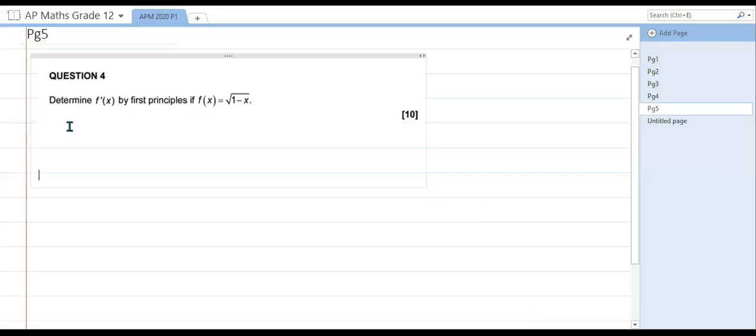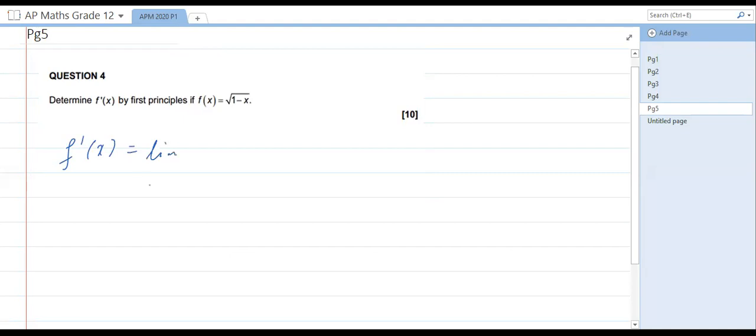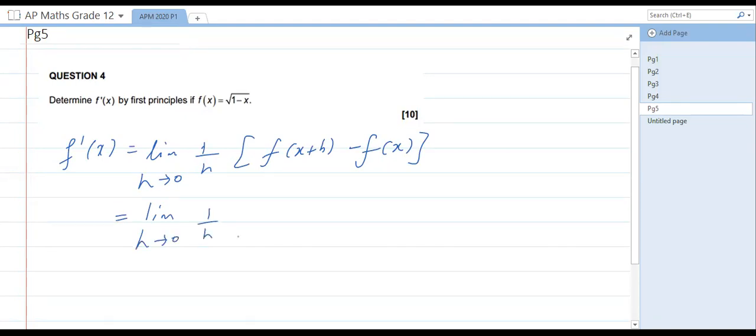Question 4. Determine f prime x by first principles if f of x is equal to the square root of 1 minus x. Now, we know the formula for first principles. f prime x is equal to the limit as h approaches 0 of f of x plus h minus f of x, all over h. All over h is the same thing as saying times 1 over h. Now, we can write it as the limit as h approaches 0 of 1 over h into